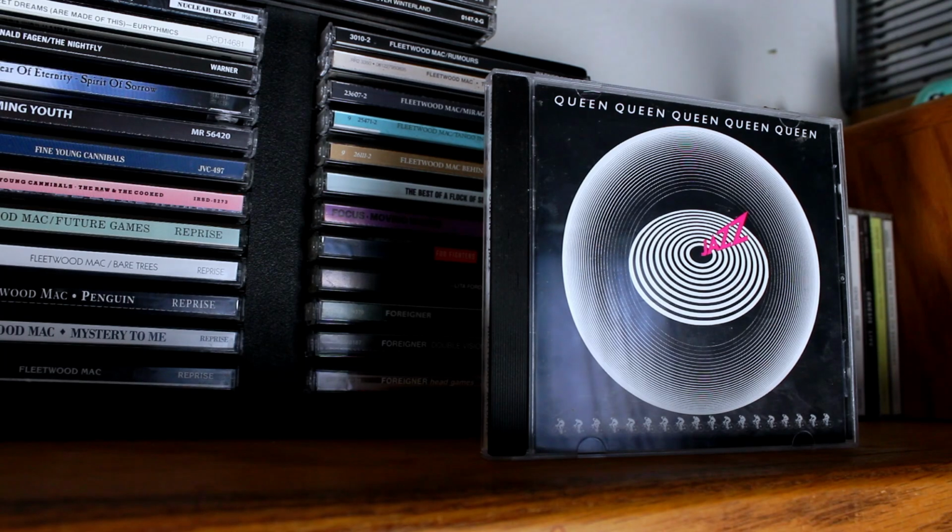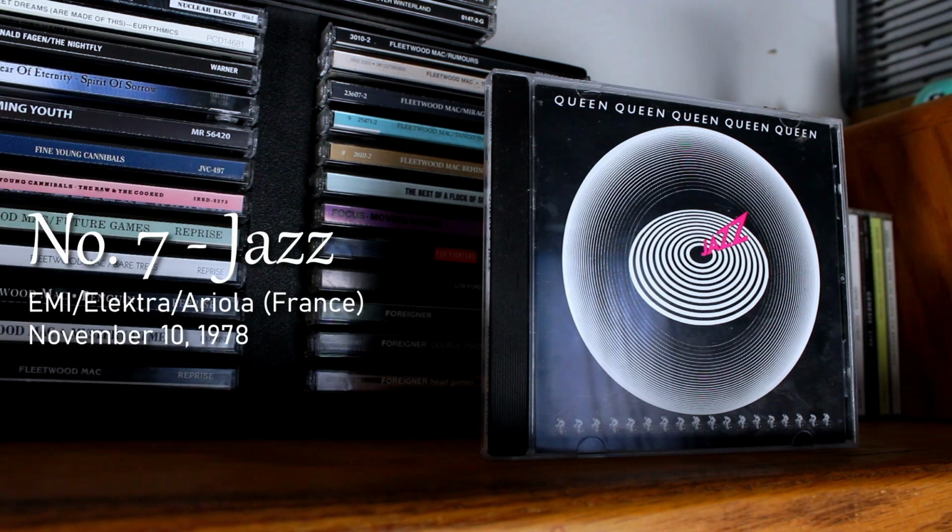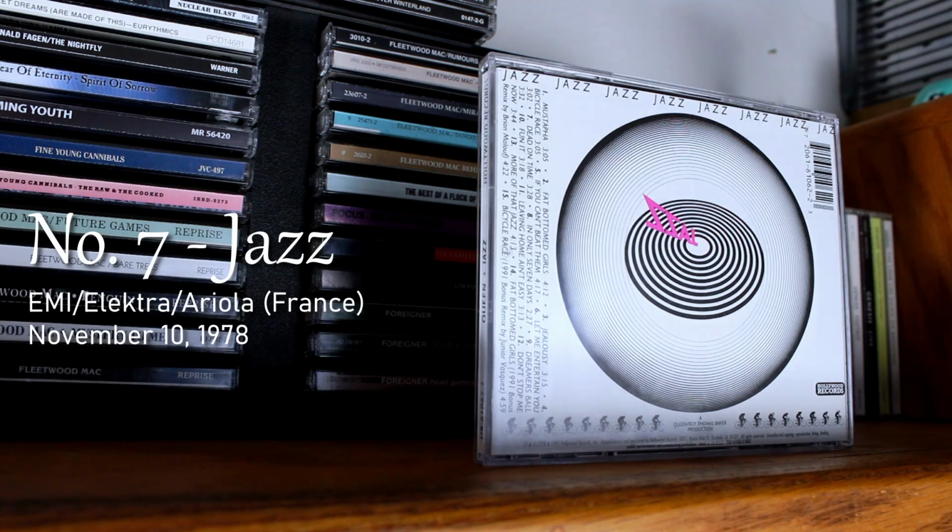And now we get to the last album of the 1970s. We have Jazz from 1978, a very underrated album in my opinion. There's some terrific songs. You have big hits like Don't Stop Me Now, Bicycle Race, and Fat Bottomed Girls, but there's some great deep cuts like Jealousy, If You Can't Beat Them, In Only 7 Days, Dead on Time, and